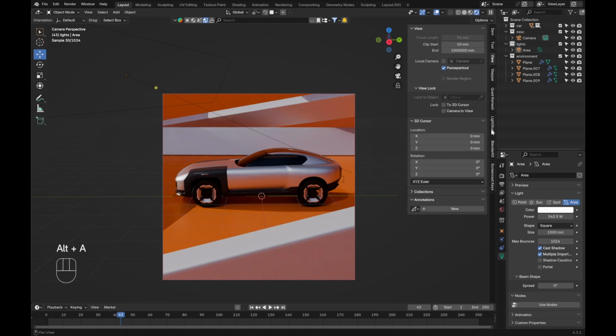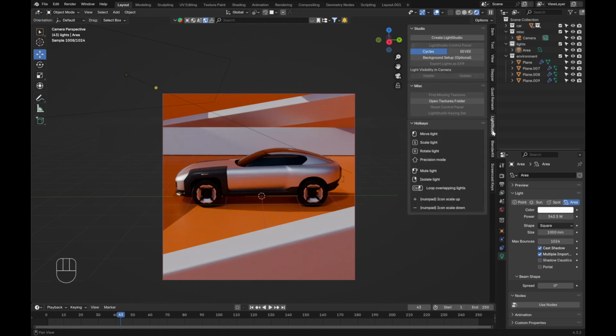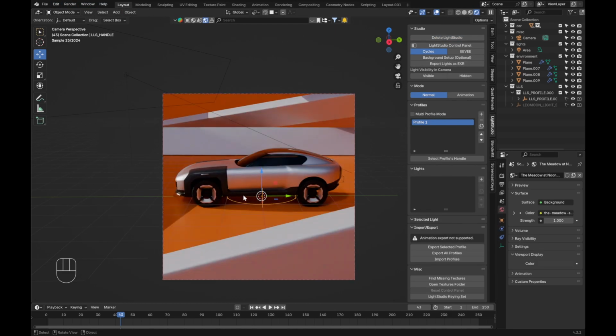What I'm gonna do now is go over here to the Light Studio add-on. If you don't have it enabled, just turn it on in your preferences. Here you can create the Light Studio. It adds this empty as well as a collection over there. And every light you add through the add-on will pivot around this empty, which is very